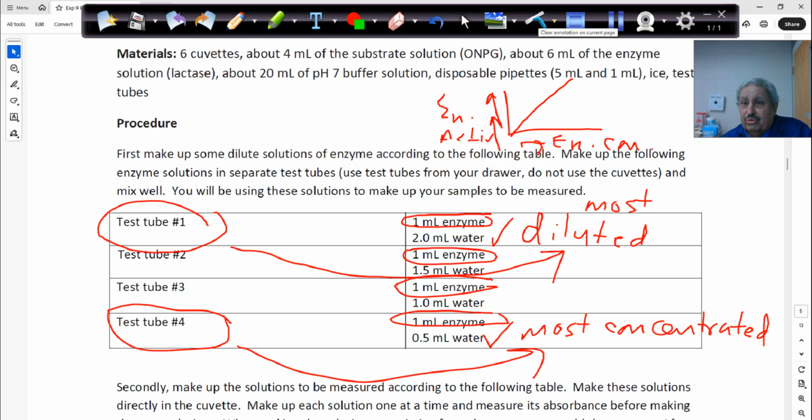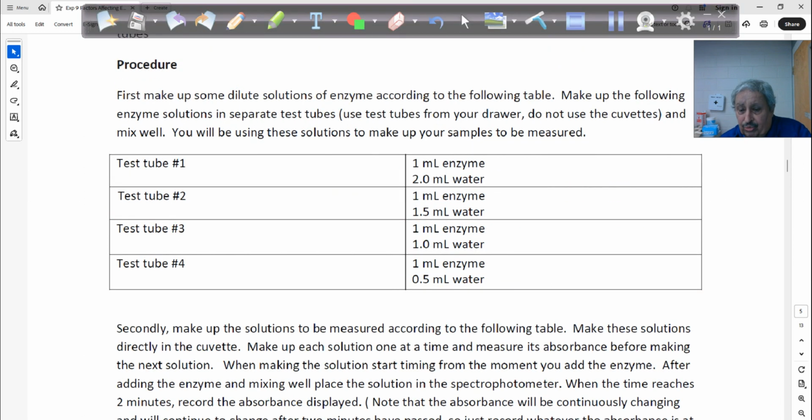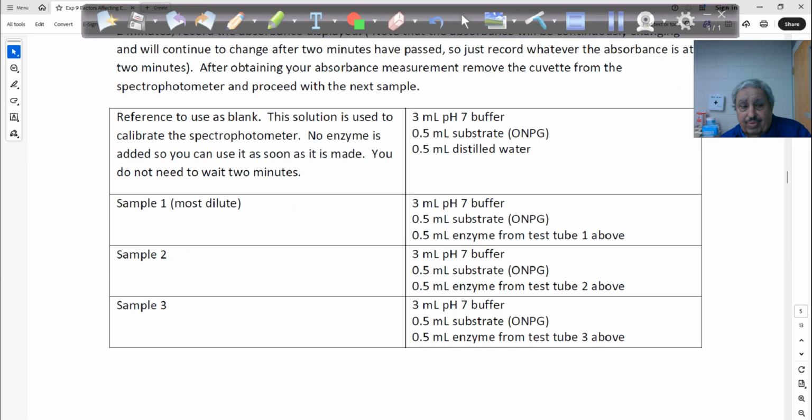So what we will do with those 4 test tubes, we have the enzyme, but we don't have the reactant, the substrate. So we'll add substrate to that. So what will happen here,